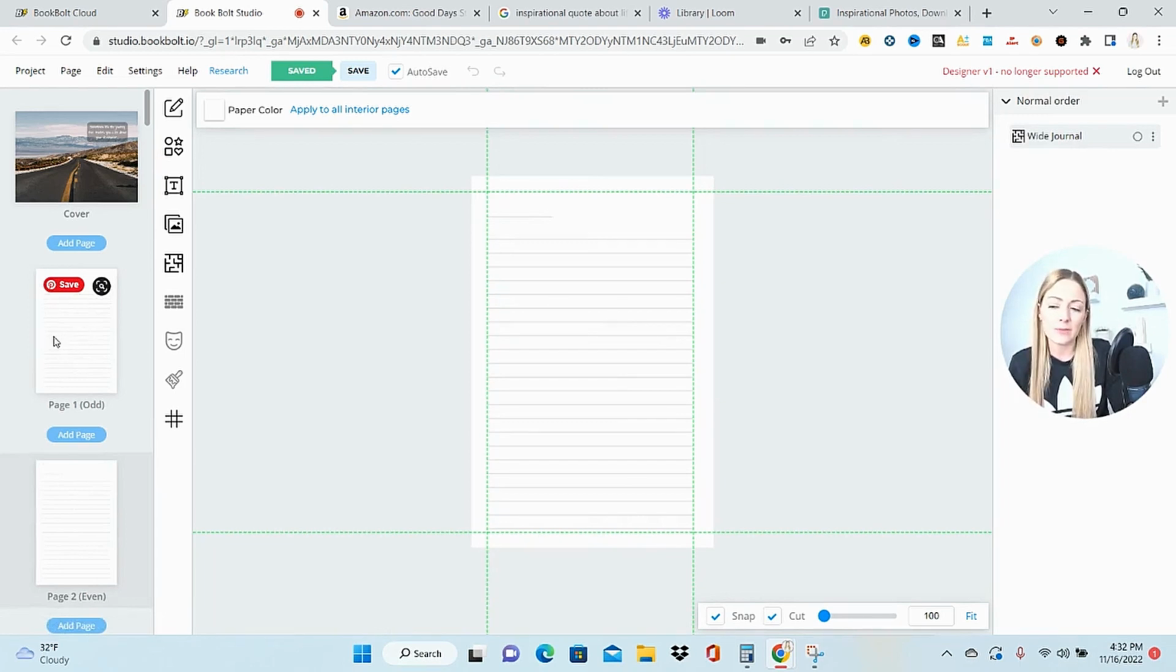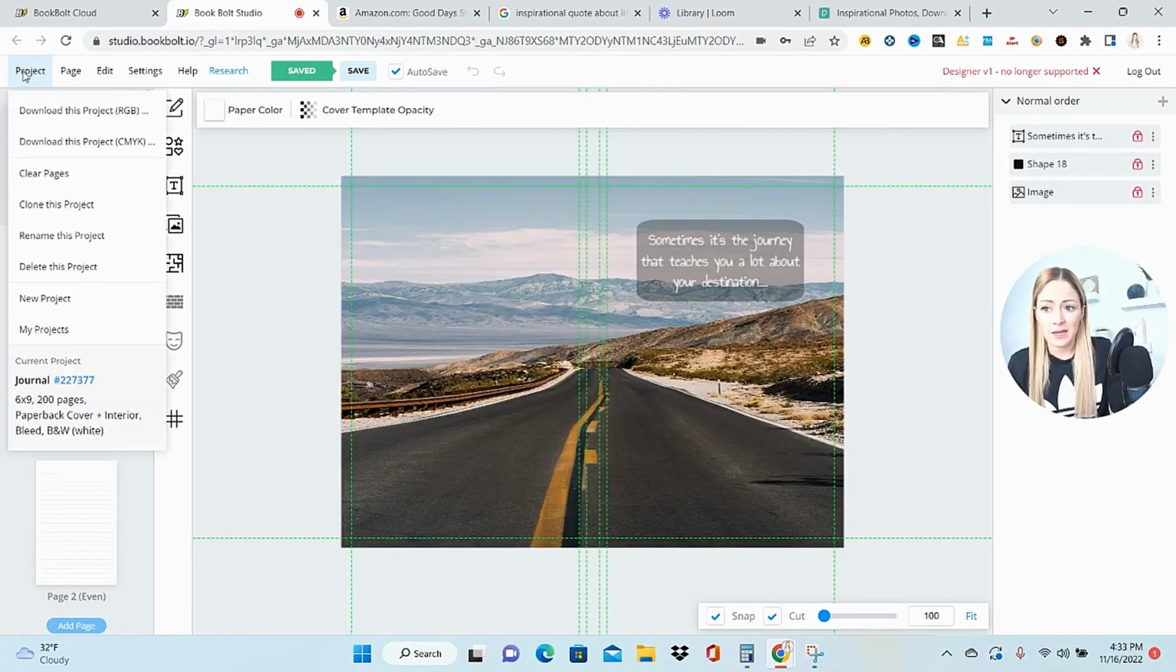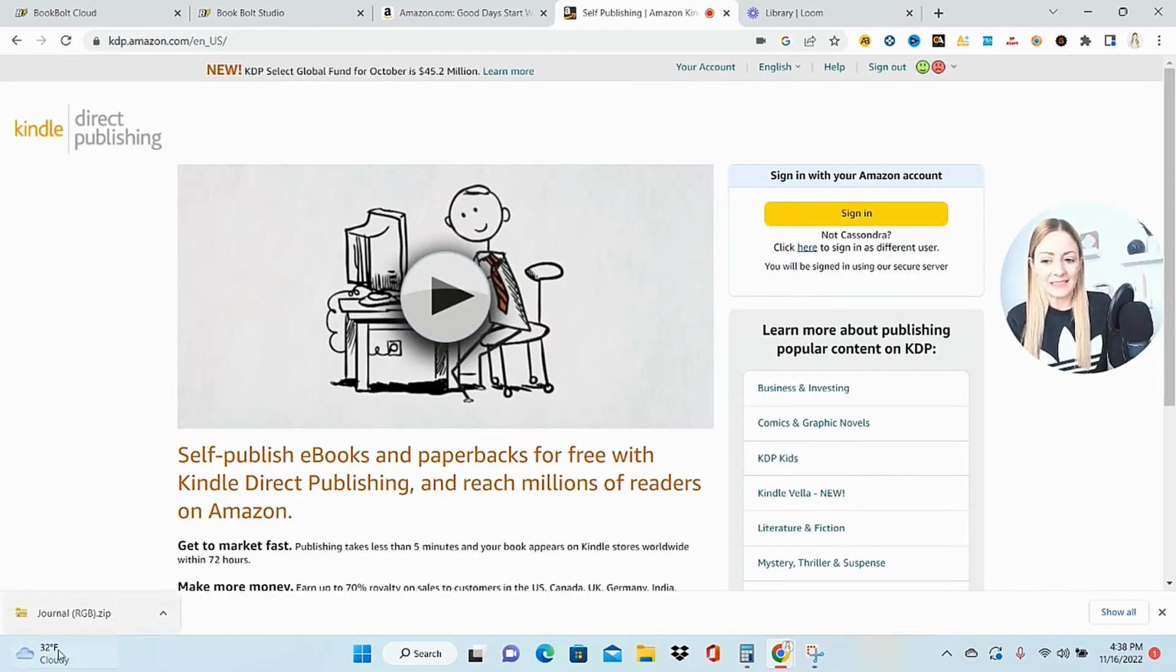So now let me show you how we will download it and then upload it to KDP. We'll come right here to Project and download this project RGB. So our zip file is here and it has finished downloading. Now we are at